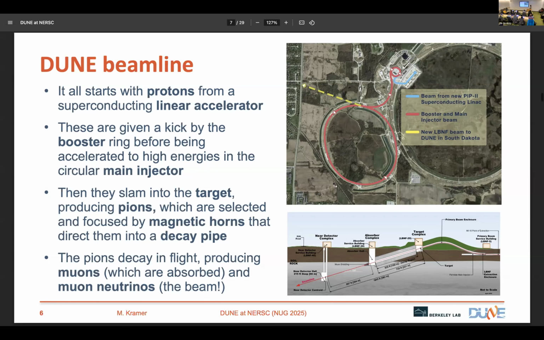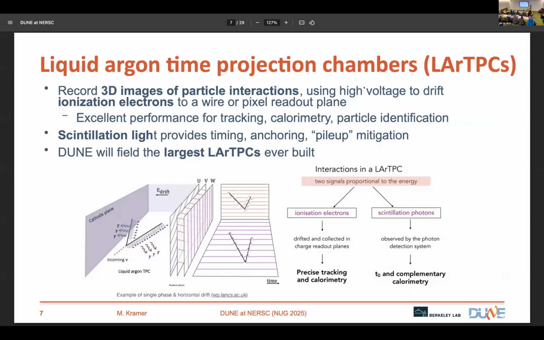So that's how we make our neutrinos, and this is how we detect them. The technology that DUNE uses is called the liquid argon time projection chamber. You can't time travel with it, but you can take nice pictures of particle interactions. So the way it works is that particles will travel through the liquid argon. As they do so, if they're charged particles, they will leave a trail of ionization in their wake, electrons and ions. And then there's an electric field inside the liquid argon that will drift the electrons toward a plane where they will be read out.